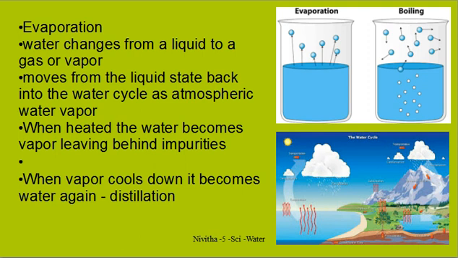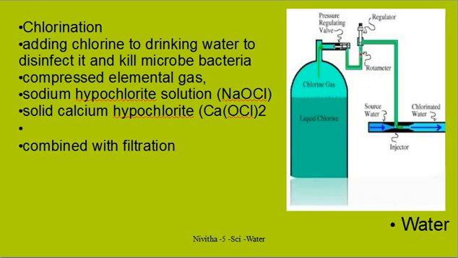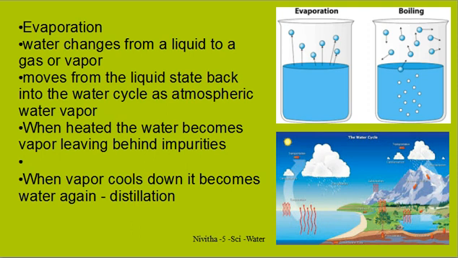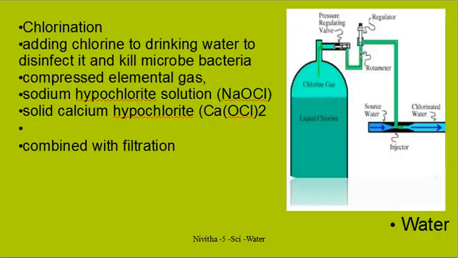Now let us look at other forms of removing dissolvable impurities. Chlorination is another method. Boiling is another method. We have seen evaporation or boiling, by which the water goes off, and then comes chlorination. Chlorination is adding chlorine. When you are drinking a glass of water, you can just add chlorine tablets. When you have a water tank, you will add chlorine powder into that water tank. And then this chlorine tablet or chlorination kills the germs and makes the water fit for drinking.